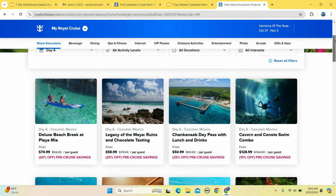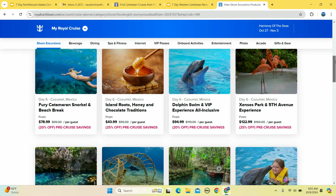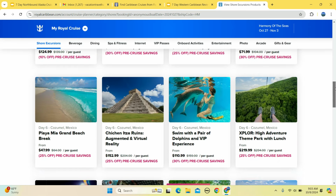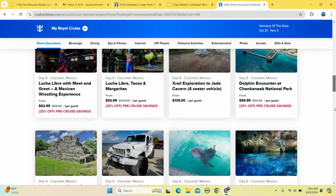Here you go. Snorkel, beach prices. On average, I kind of budget $100 per person per excursion. If it goes under, that's great. Very few things go under, and never mind the fact that you are also probably going to have to buy